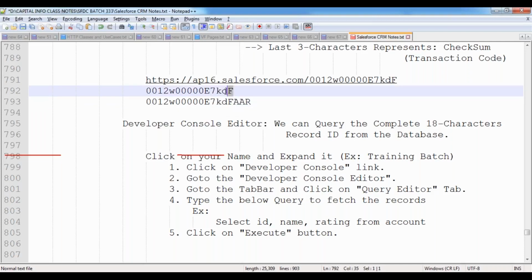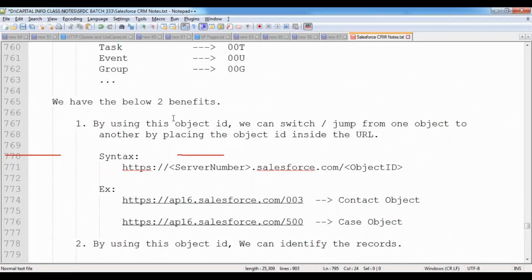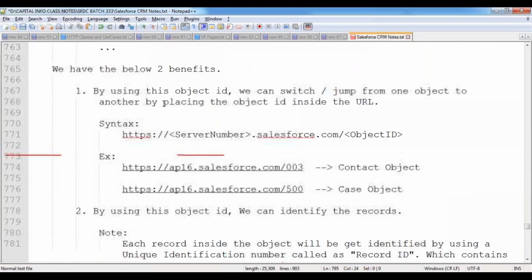So it is representing only the first 15 characters of the ID inside the URL, and the last 3 characters will not be visible inside the URL because of security reasons. Okay, because of security reasons, the last 3 characters are not visible inside the record. Now, in this case, whenever we remember this object ID, the first